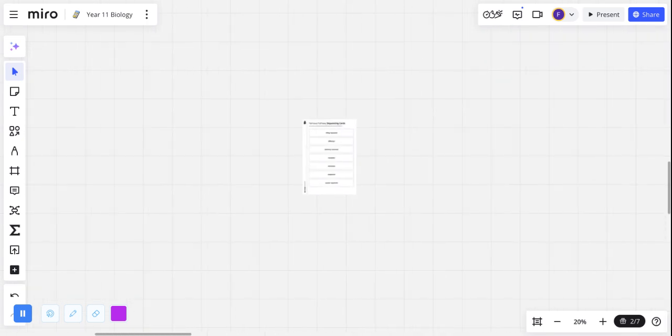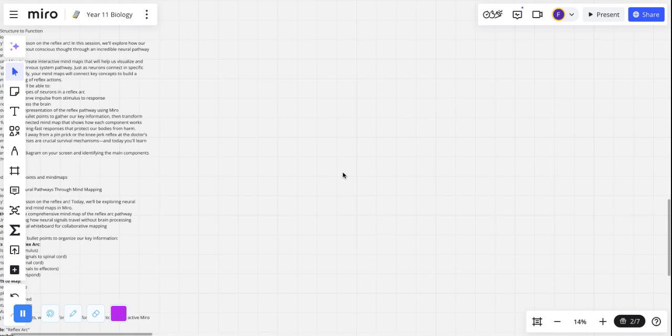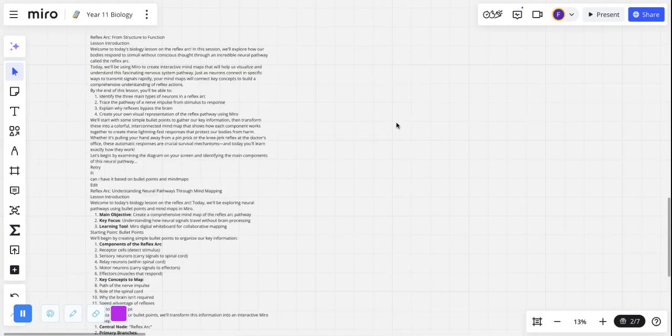get this image. So the point of today's session is to have a look at the reflex arc and how it relates to keywords, the things you're looking for in an exam, and how to really structure it so you can learn everything. All right. So first things first, what you're going to do in this is